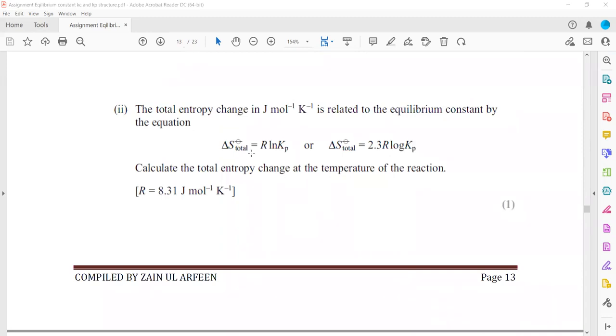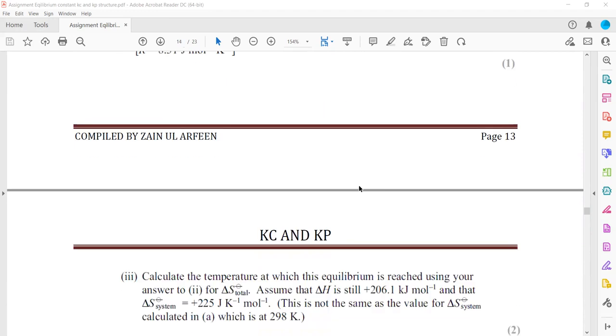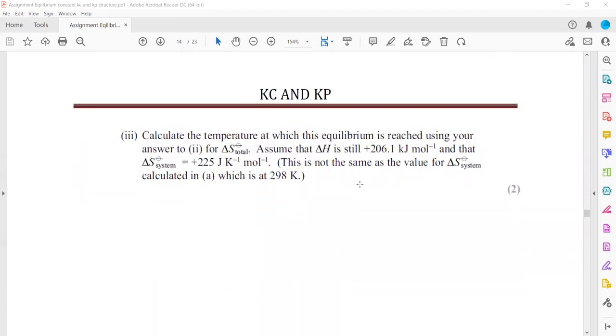And then the total entropy. So we can just substitute the value for Kp to get the total entropy and calculate the temperature at which the equilibrium is reached. Assume that delta H is 206. So at what temperature will this reaction become thermodynamically feasible? So we'll consider that